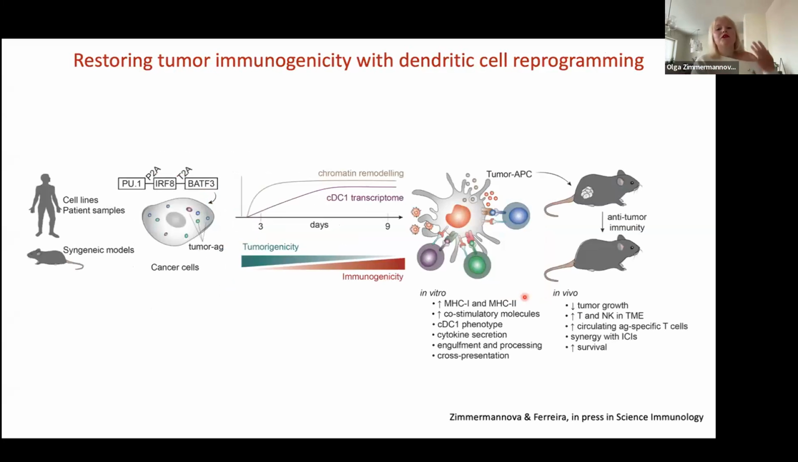So to conclude, I would like to say that we successfully showed that using PU.1, IRF8, and BATF3, we can force cDC1 identity in cancer cells and generate so-called tumor antigen-presenting cells. Tumor antigen-presenting cells adopt multiple characteristics of natural cDC1 cells, and they are able to effectively present endogenous cancer-associated antigens and expand T cells both in vitro and in vivo,